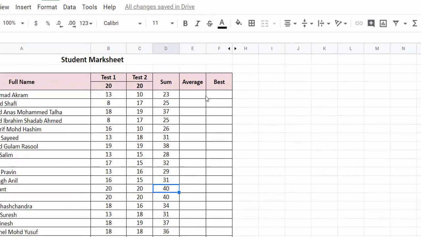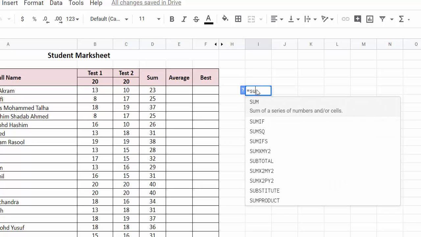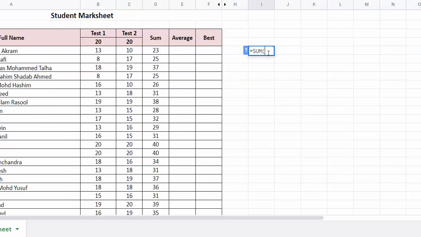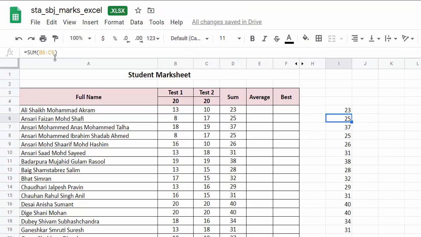The another way you can do it is just say equal to, and as soon as you say equal to, it means you are giving some formula. Sum, when you are writing sum, these are the different ways. I am talking about very basic functions, so we will consider very first sum and in the parentheses pass the parameters. Like select the range, you can see B5 to C5, close the bracket and say enter. And if you select and drag, you will get addition of these two cells. Here you can see the formula B6, C6.